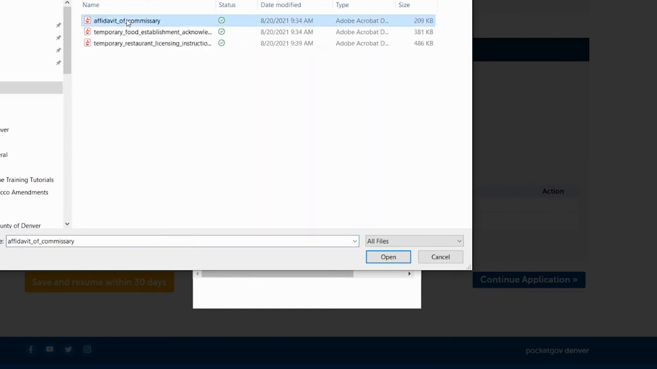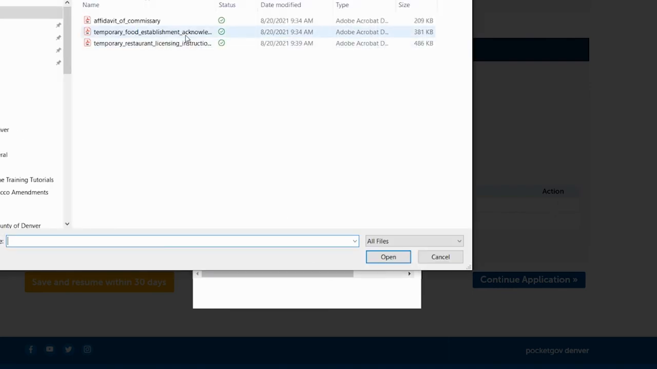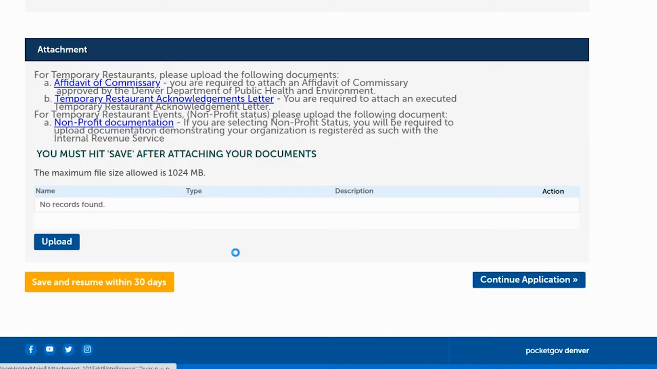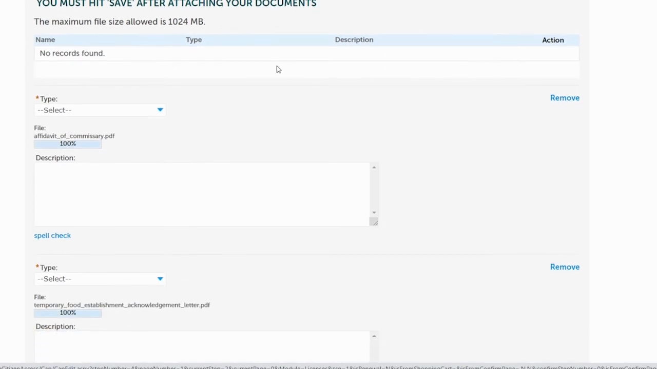And so we're going to upload the affidavit of commissary, and then we are going to click on upload again, and we are going to upload the temporary food establishment acknowledgement letter, because we want to make sure that we have both of those documents uploaded. Once we have that there, we click on continue,